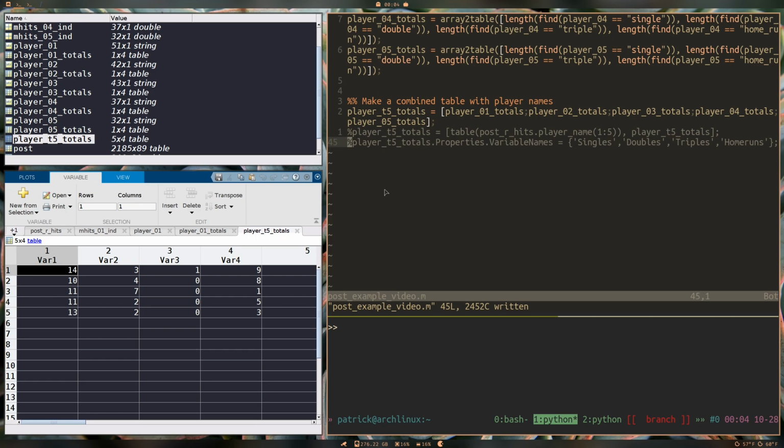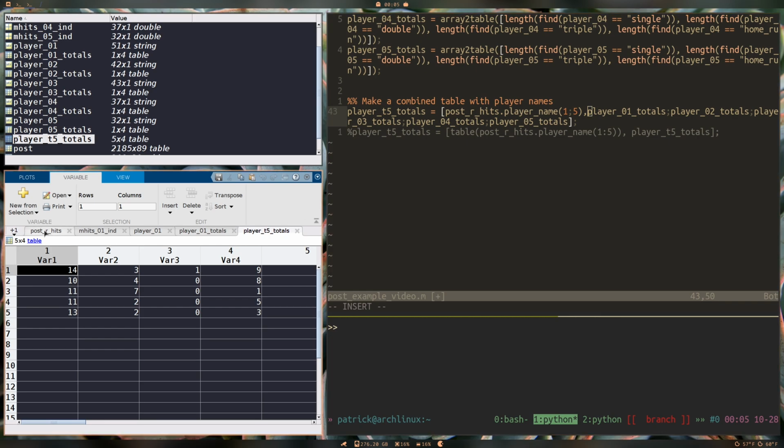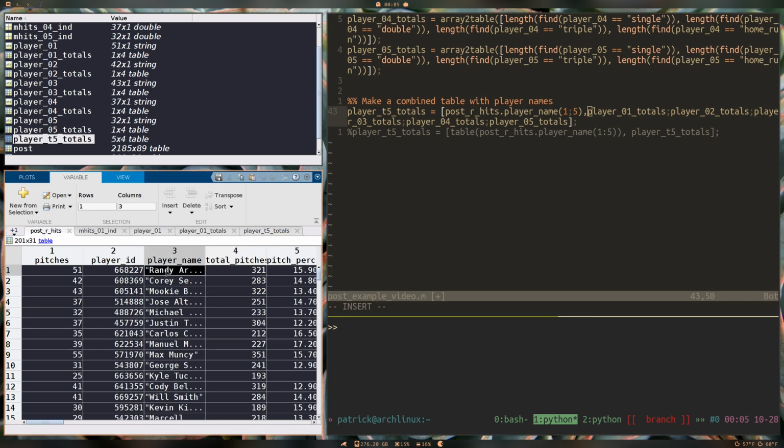So what we have to do is first change our variable names before we import our player name. So let's do that. Now you could have already done this earlier on. Actually, yeah, why don't we do that? We can actually just specify our players on this line right here. So to do that, I'm going to do post_R_hits.player_name, and I want 1 to 5. So what I'm doing here is I'm accessing this table and I'm getting the first 5 values that